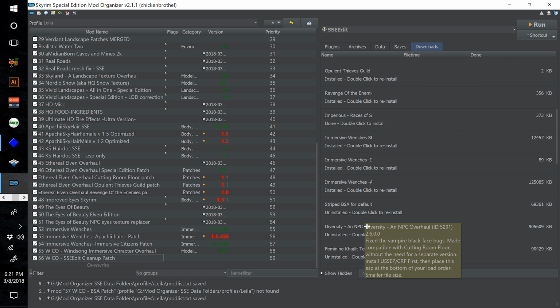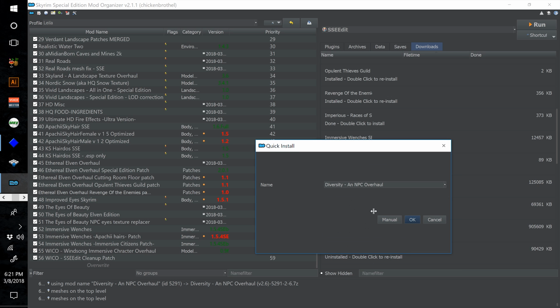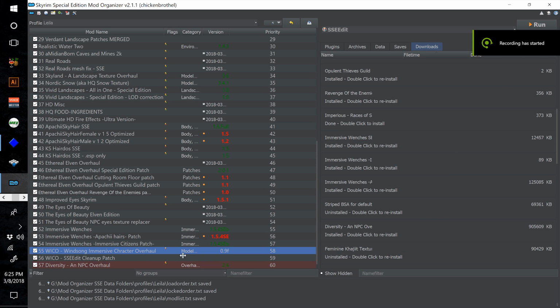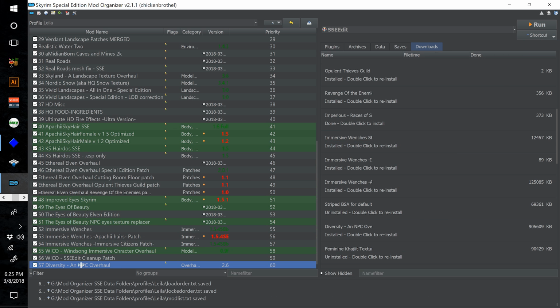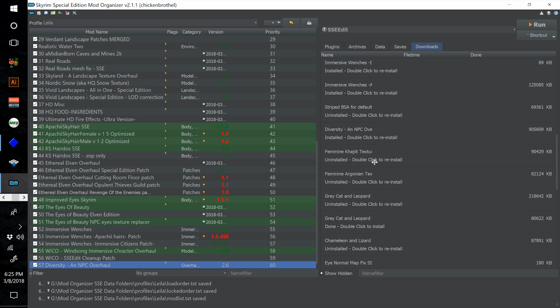Now go into your Downloads tab and find Diversity and NPC Overhaul and double click it. Call this 57 space Diversity. Alright, once Diversity has finally finished extracting, tick the checkbox to install it, and then find in your Downloads tab